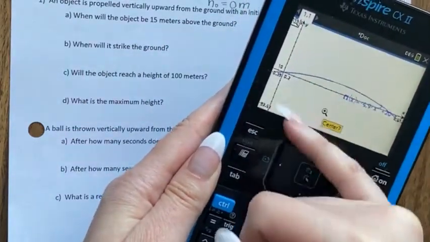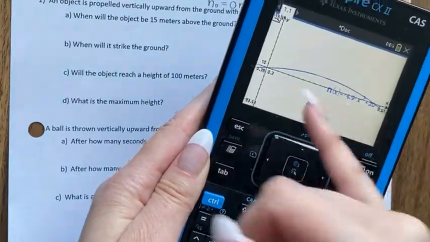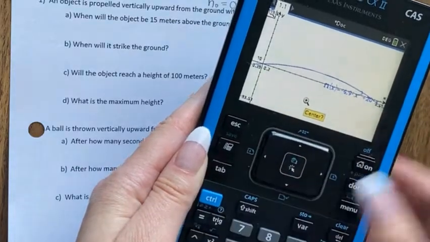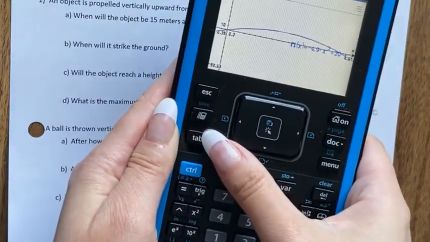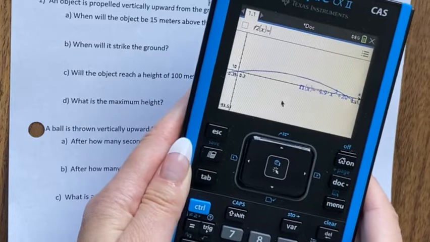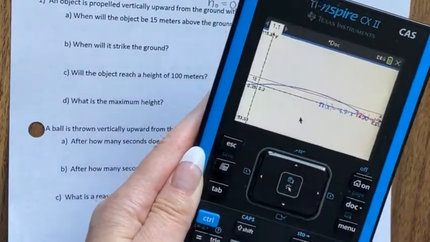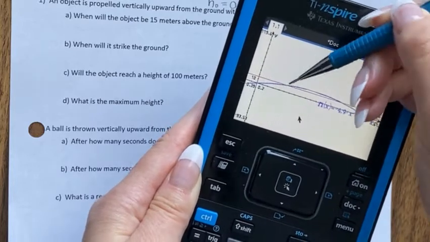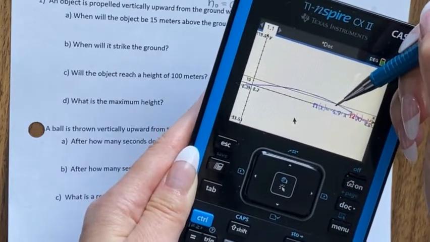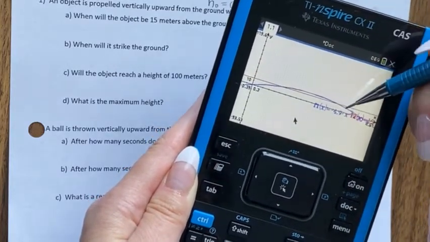So you know that this is the height and this is the time, so I know when this is 15. Okay, so what I'm going to do is I press tab here. You click, hit 15 here, hit enter, and you're going to have another line. So I know that in the intersection here and here is when the object after that time is going to be above